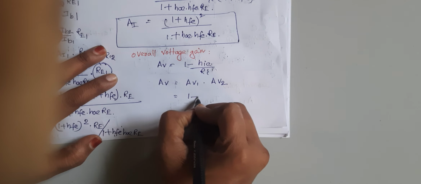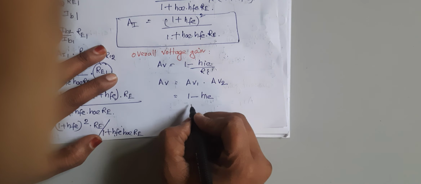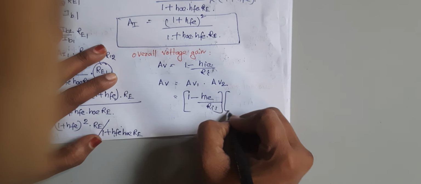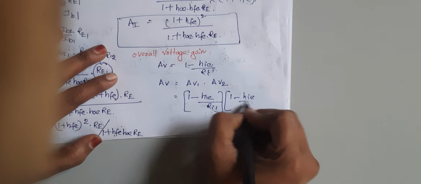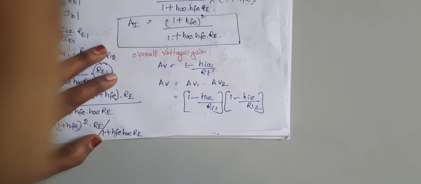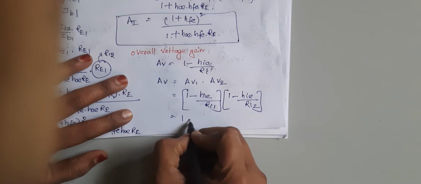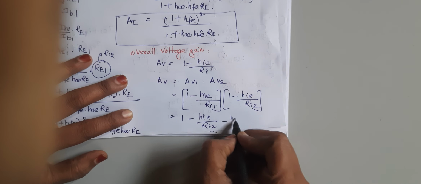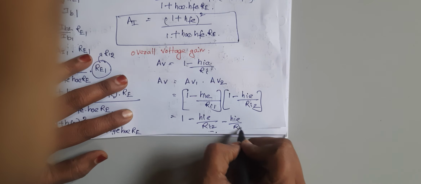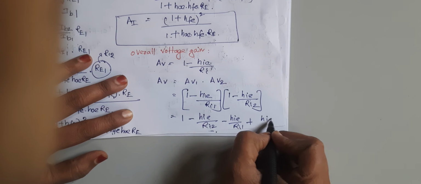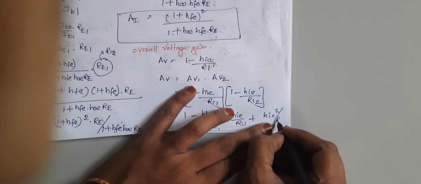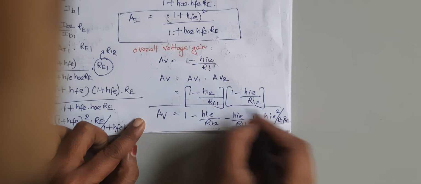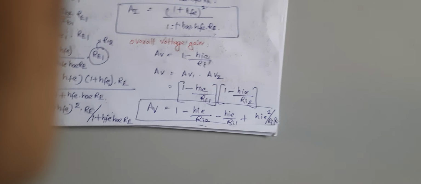So AV1 is equal to 1 minus HIE by RI1. AV2 means 1 minus HIE by RI2. Okay, so by multiplying these two, 1 minus HIE by RI2 minus HIE by RI1 plus HIE square by RI1 into RI2. So this is the overall voltage gain of the